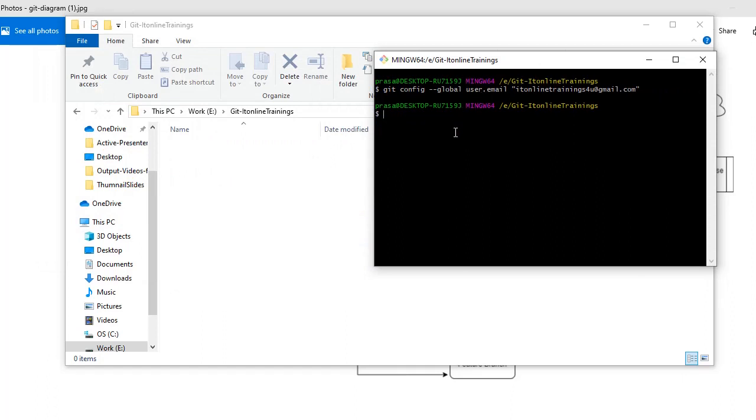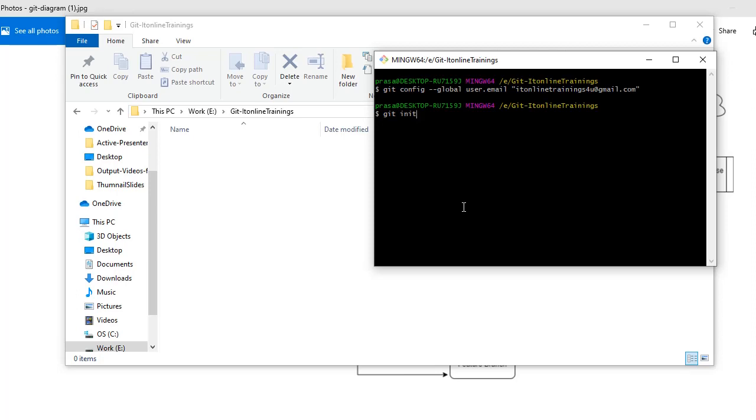Now the next step is you need to initialize the Git repository for your local project. It means you need to make Git understand that this folder is for your Git projects. To do that, you need to give git init. This will initialize the folder so it is treated as a local Git repository.